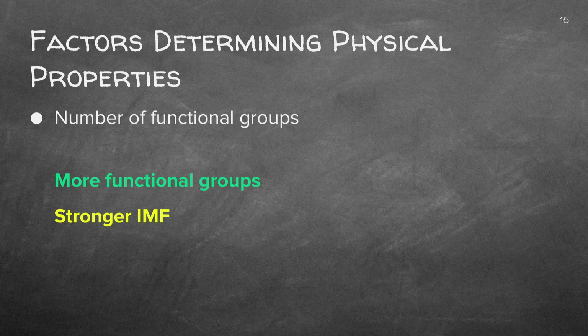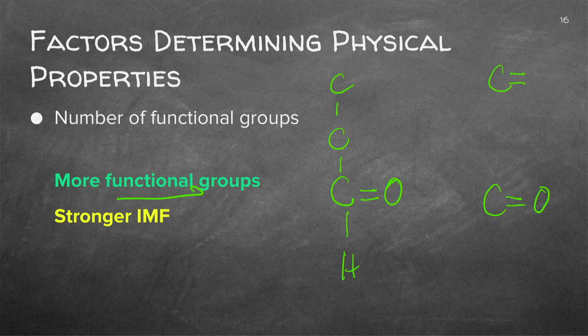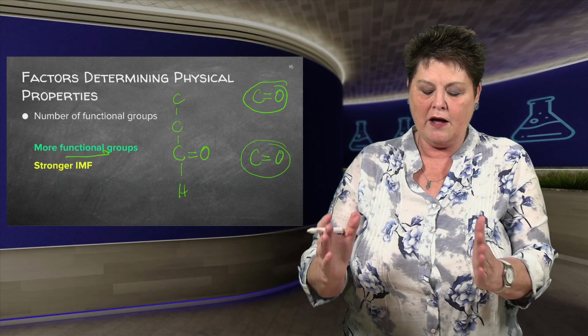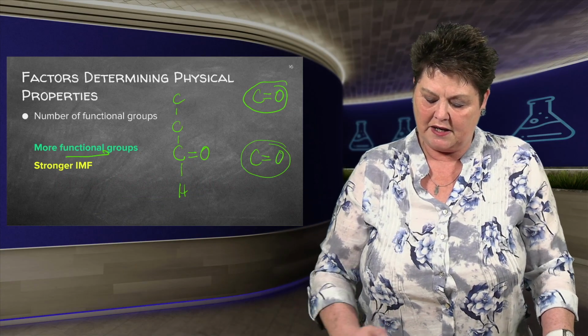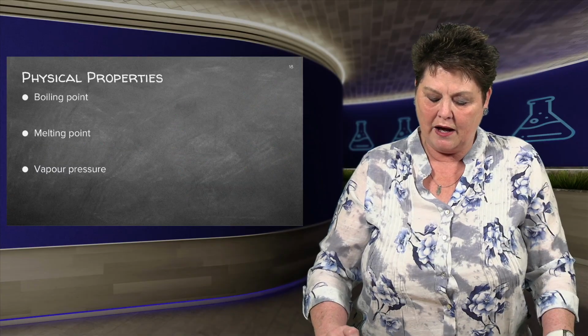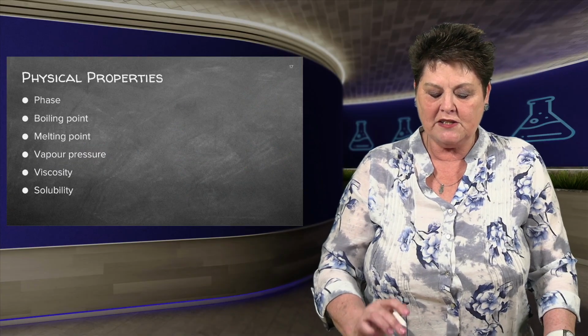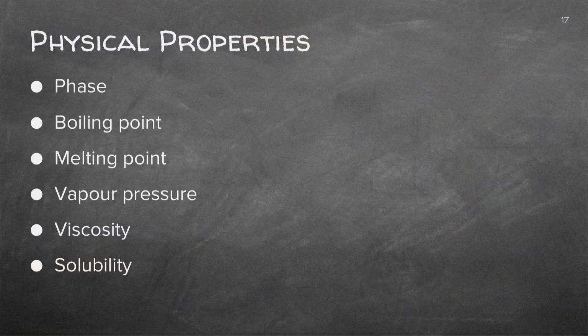Finally, the number of functional groups. If I've got, for instance, one of these, let's say there, and I've got another one with, say, for instance, 2. Can you see there? You've got stronger hydrogen bonds there than in this case. So have a look at the summary. I'll give you the summary just now. You will see that it has an impact on obviously the phase and then on the boiling and melting point, which we are going to discuss just now.